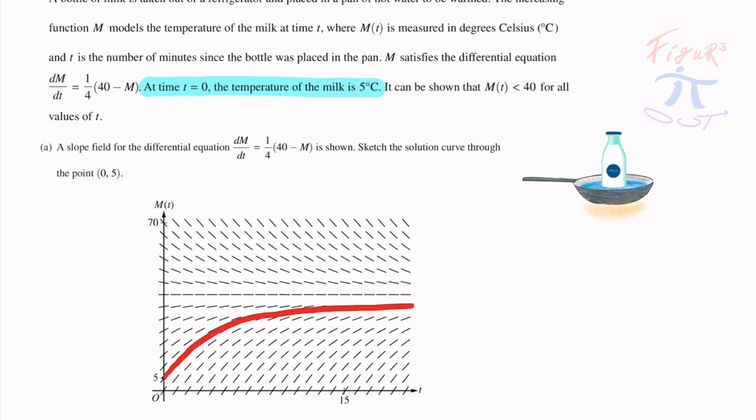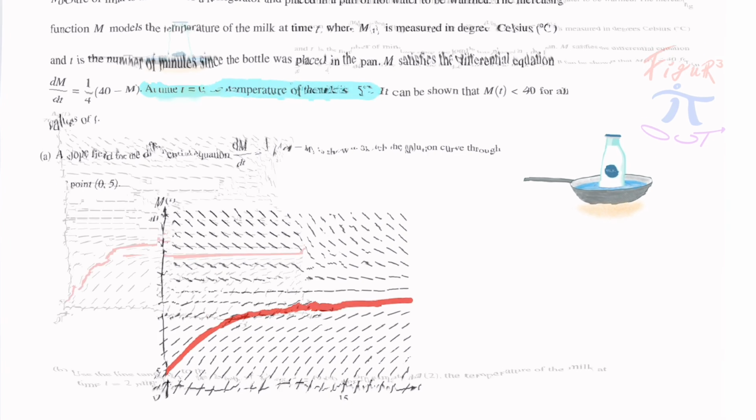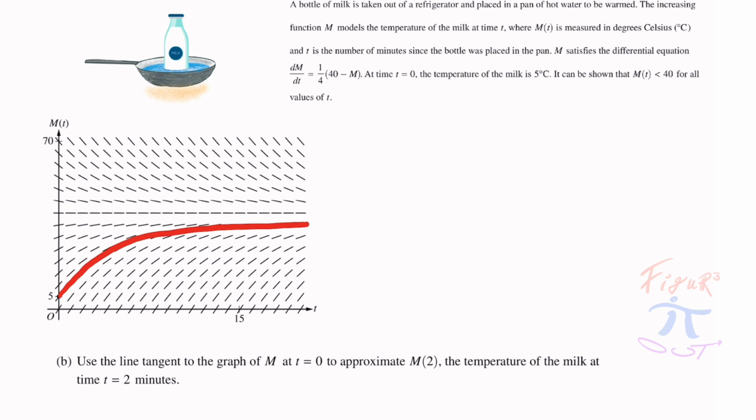The slope field for the differential equation is shown below, and here I've sketched the solution curve starting at the point (0, 5). Use the tangent line to the graph of m at t equals 0 to approximate m of 2, the temperature of the milk at t equals 2 minutes. Drawing in the tangent line here starting at the point (0, 5), and using that tangent line to approximate the value at t equals 2,